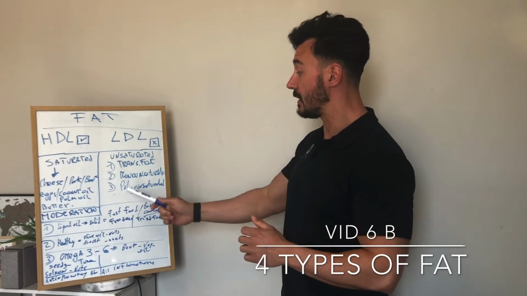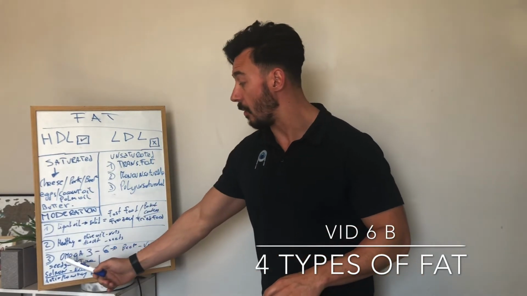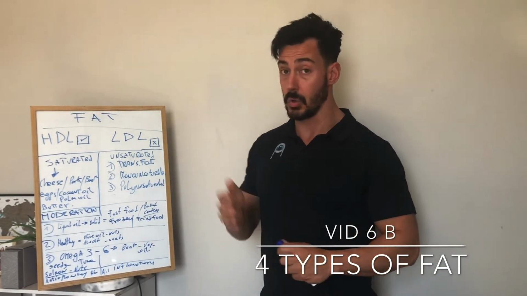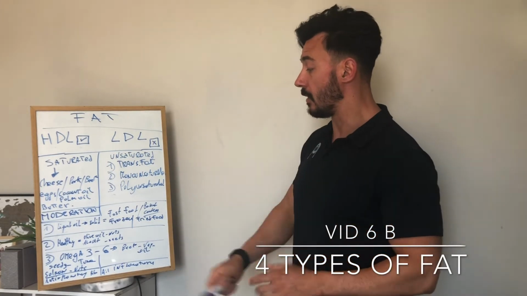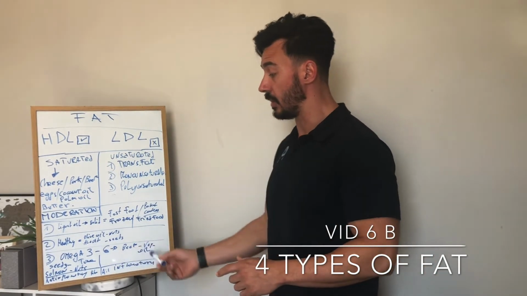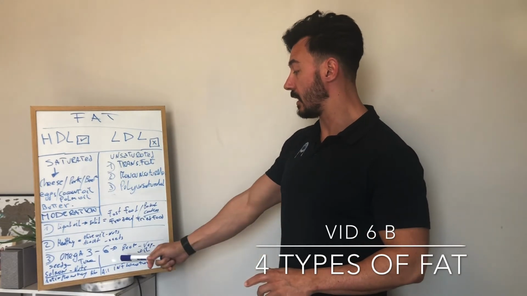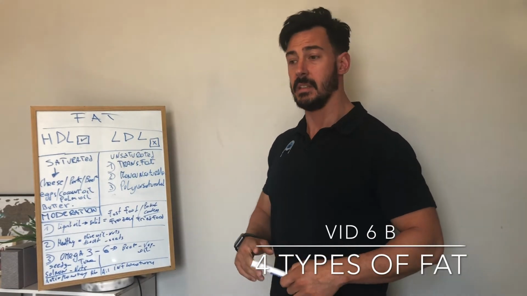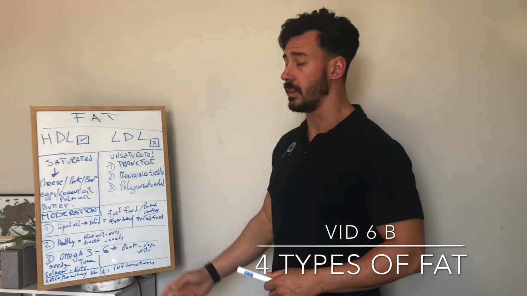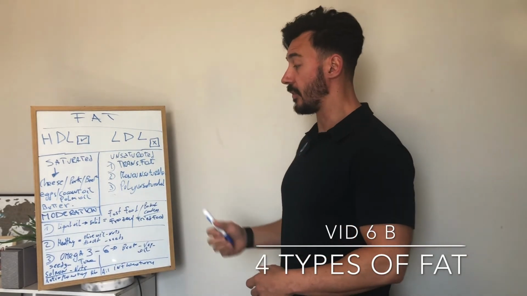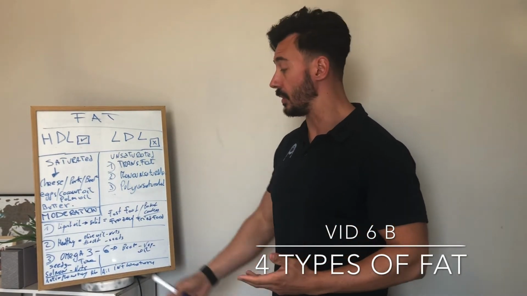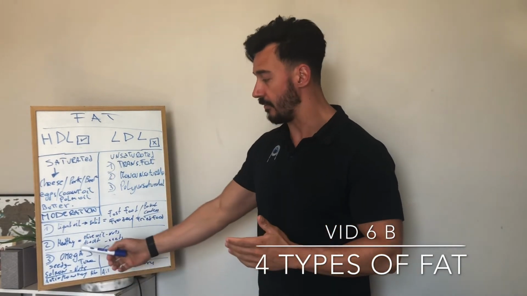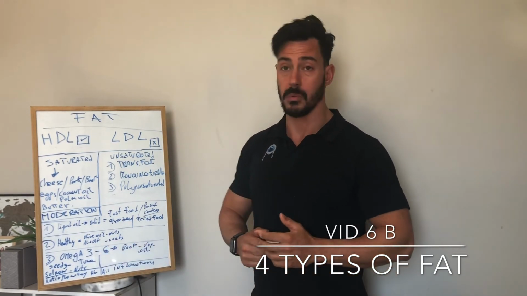Now the next one is polyunsaturated. Omega-3 and omega-6 are the main ones, and that's very important. They are good and bad. The most important part is to have a good ratio between them. You find omega-6 in beef and vegetable oils, and it tends to have inflammatory effects on our body, especially if it's not in a good ratio with omega-3. Omega-3 is a fat that we can find in seeds, tuna, salmon and walnuts.